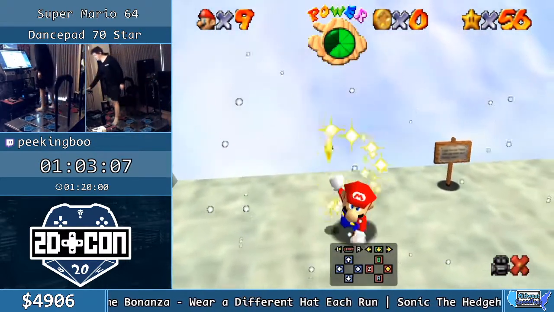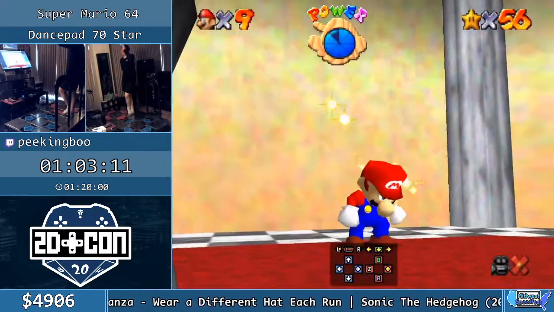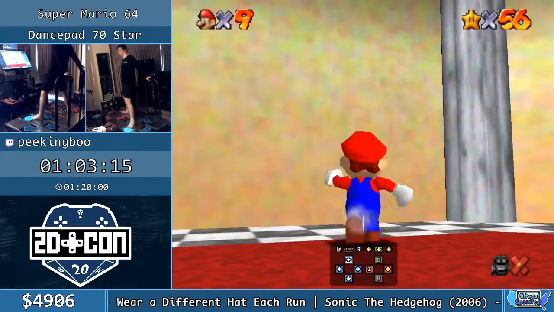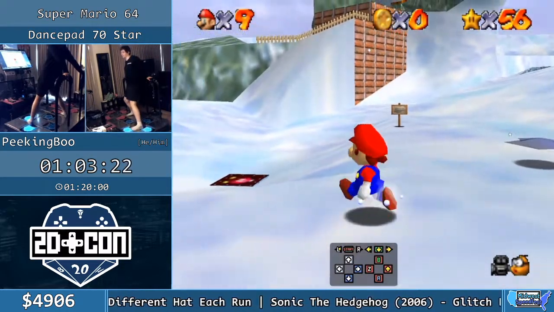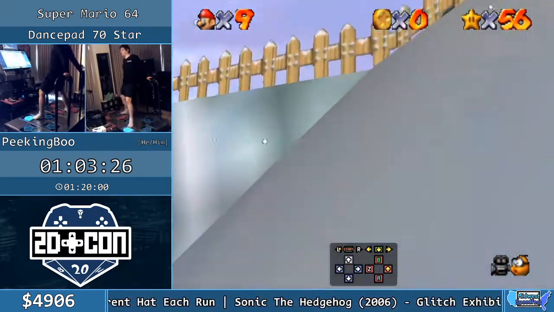There it is. Very nice. But we have to do that one more time, just to show that I'm actually capable. I've got to do it again. So this time we're going for the red coins, which we need the shell for. So once again, long jump, triple jump over the slope,